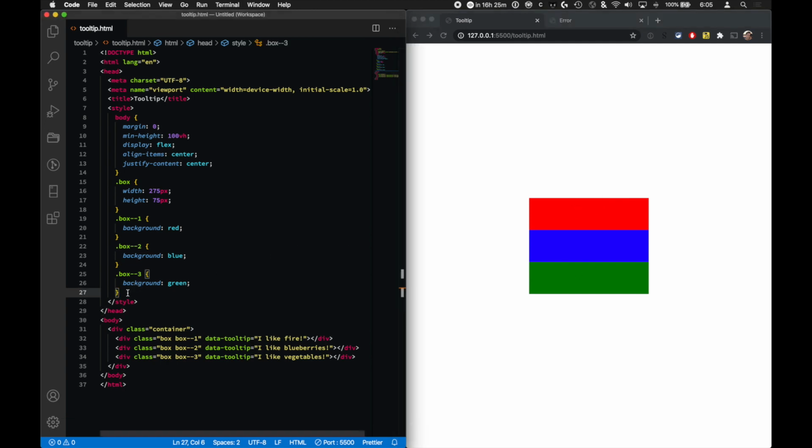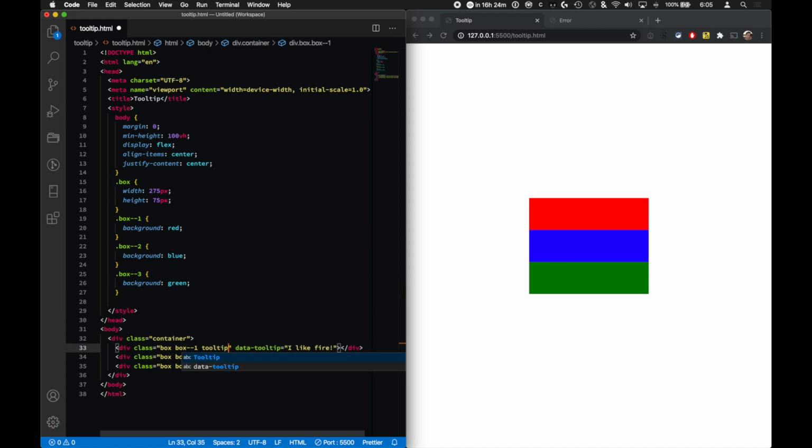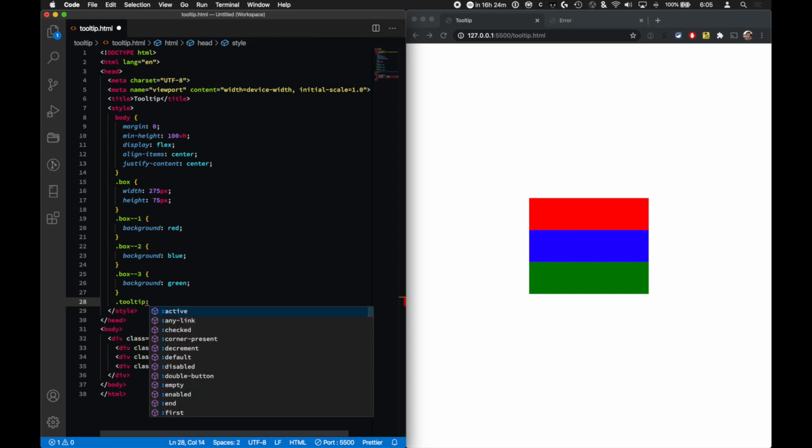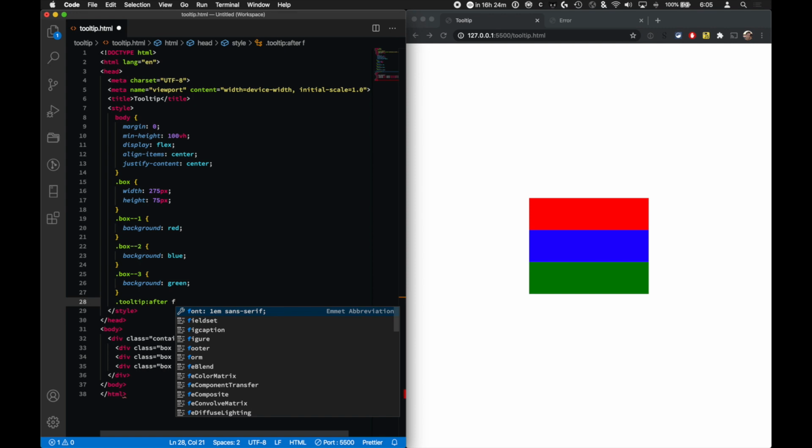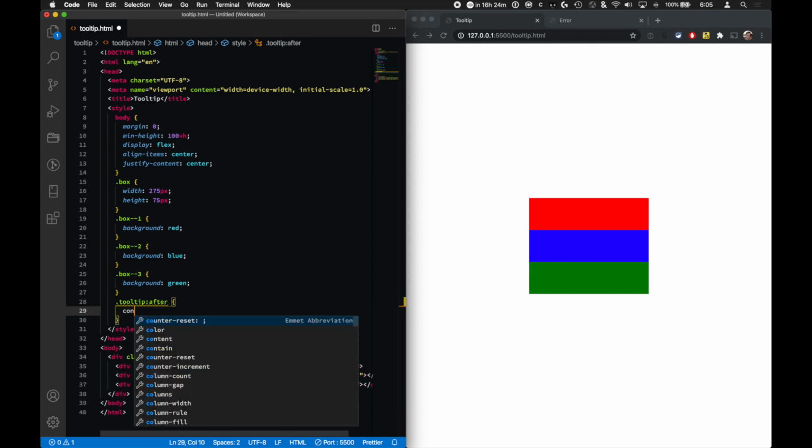a way of showing it without any special JavaScript. And here, I'll show you how. So first, let's actually add a tooltip class to these so we're not using this box property. Tooltip and tooltip. Great, save that, and I will go and I'll write tooltip and then use a pseudo after class, and then within this I can do a content